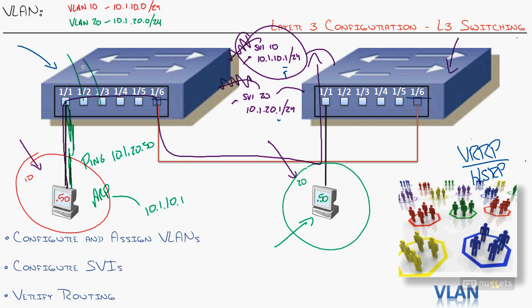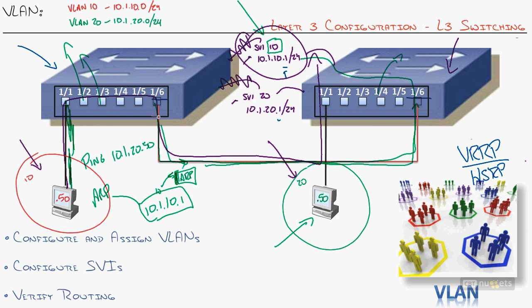Maybe these guys are in VLAN 10, so it comes out there as well, but also goes across the trunk. When it does, the trunk is going to put that little tag on there saying you belong to VLAN number 10. So that ARP message comes across, the broadcast hits here. Let's say this guy's in VLAN 10, he gets a broadcast too, out that FastEthernet 1/4. But also this guy, SVI 10, responds to all packets in VLAN 10. He goes, oh, that's an ARP message for me, 10.1.10.1. So the swouter, router inside of the switch, responds and says, here is my MAC address,